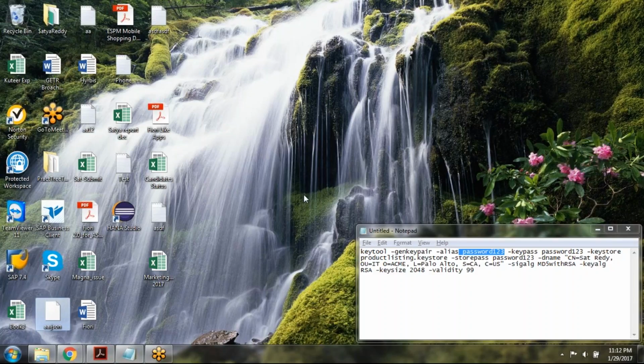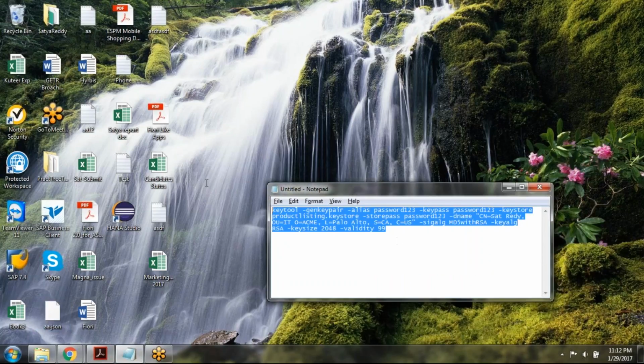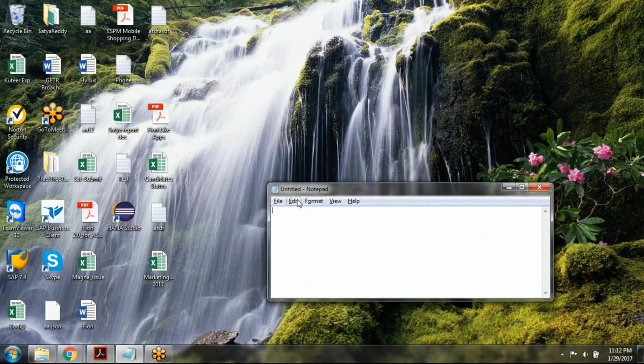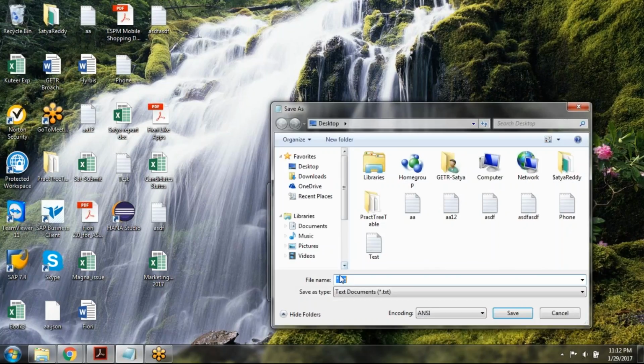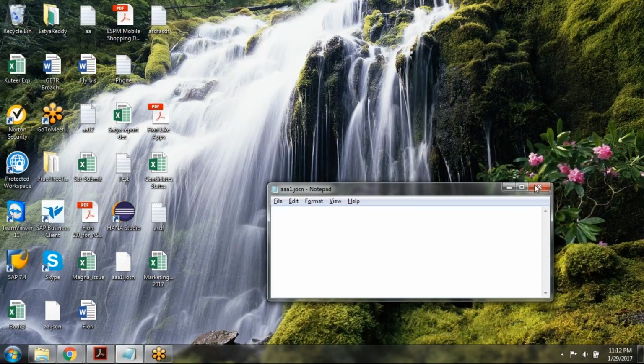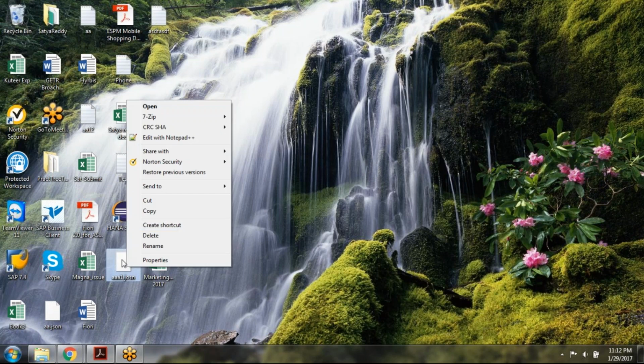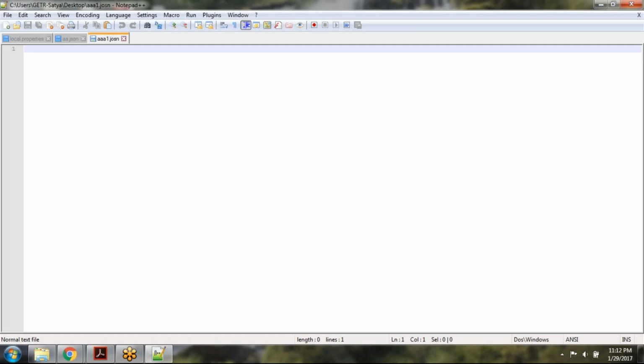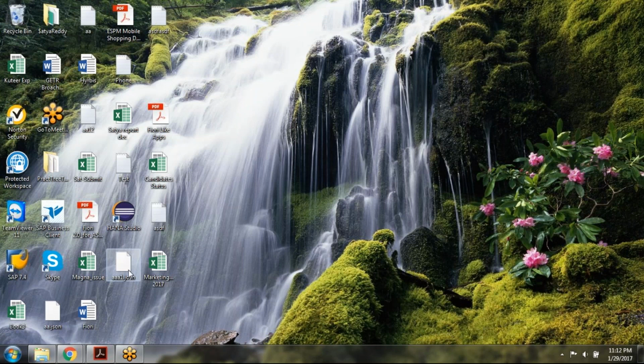If you look at here, how do you create the JSON file? Nothing. You just, okay, file, save as, say AAA1.json and click on save. So I want to save it in the desktop. That's it. So this is a JSON file. I just created a simple JSON file. Inside this JSON